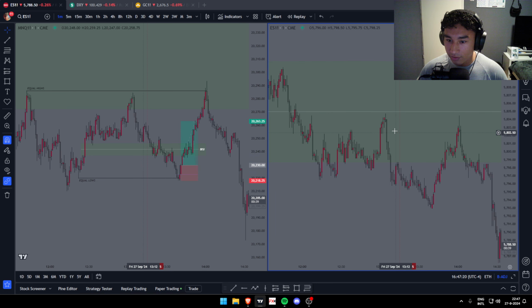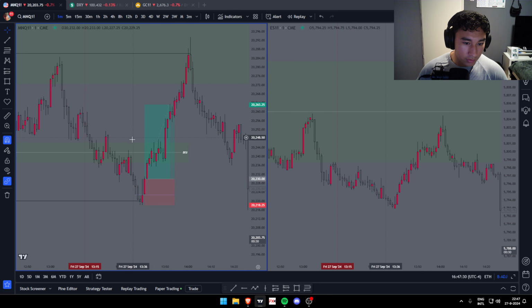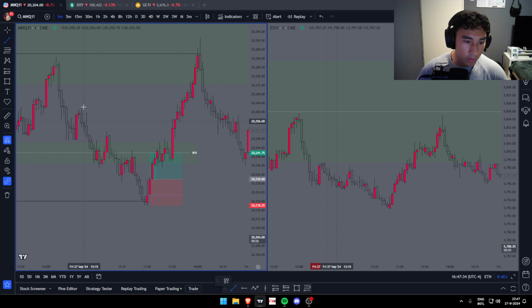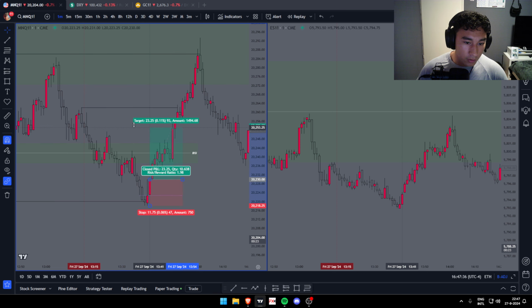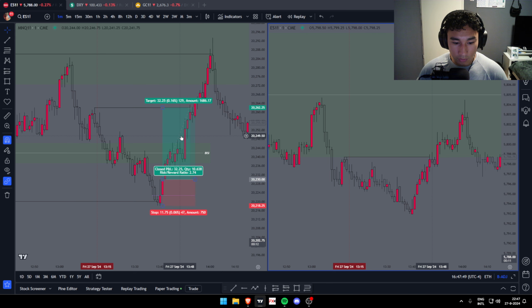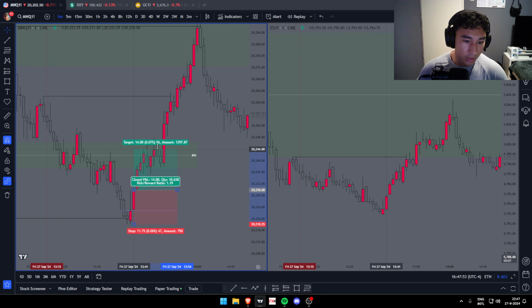And then ES actually took this high. Where was it? Wait, I'm tripping. Oh no, I would move to break even at a 1-to-1, which was right here. Oh yeah, and this would be my first CP, which would be the 2.474 RR. But we did on ES close or take this liquidity at 1347. So 1347, that would have been here. So that would be like a 1-to-1 really around there.